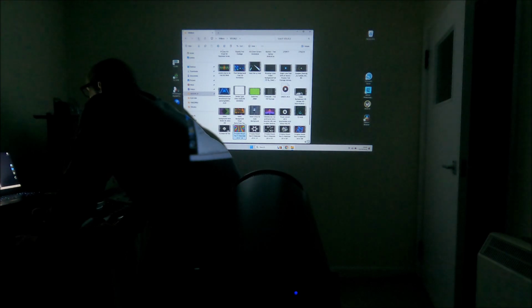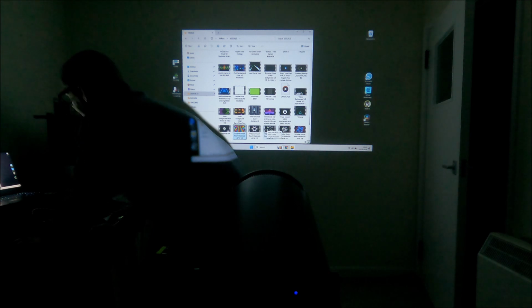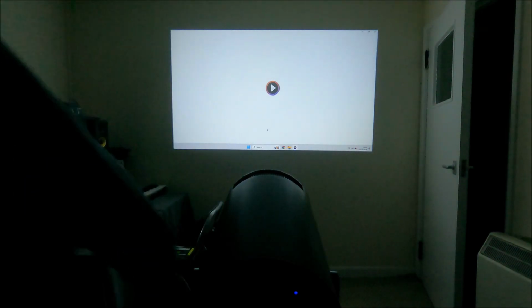I'll show you some other effects. Just be mindful if you've got epilepsy, photosensitive epilepsy. Turn away now. So you've got various flashing graphics, and if I go into the projector settings as the projector on its own,